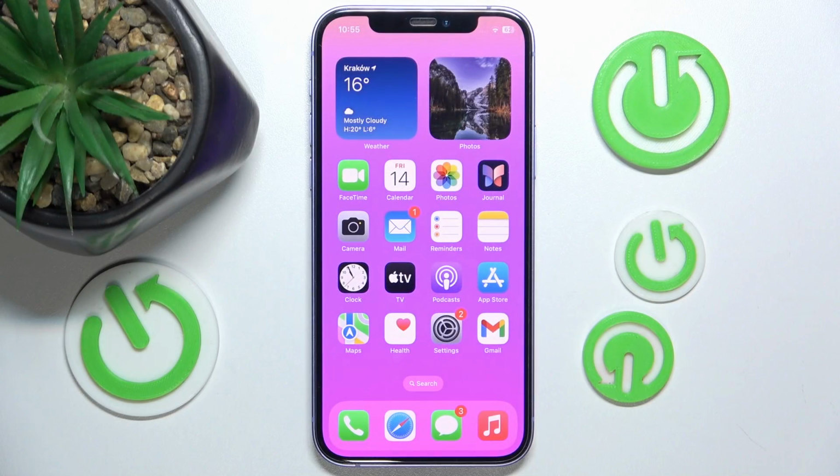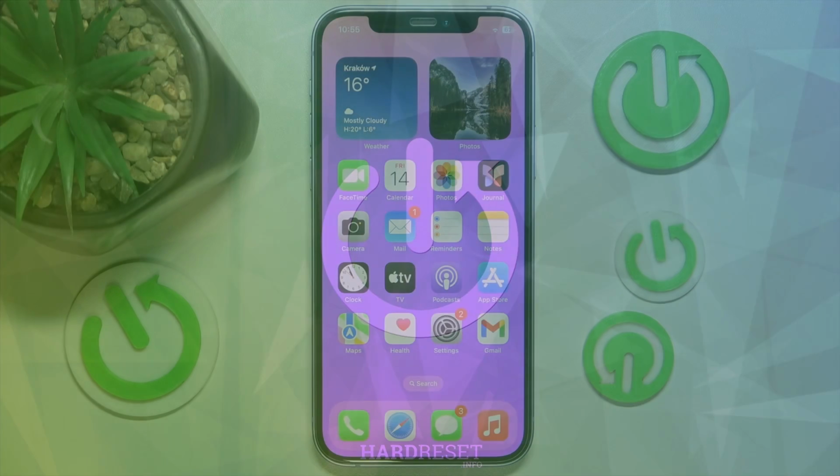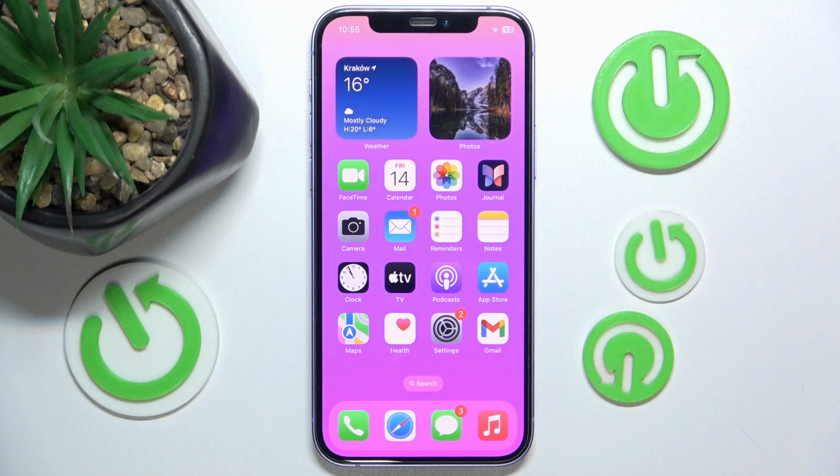Hello, in this video I'm going to show you how to enable or disable suggesting notes with uplinks on iPhone. Today in front of me is the iPhone 12 with iOS 17.5.1, but it really doesn't matter which iPhone you have or which version of iOS you have, it is all going to work the same on every